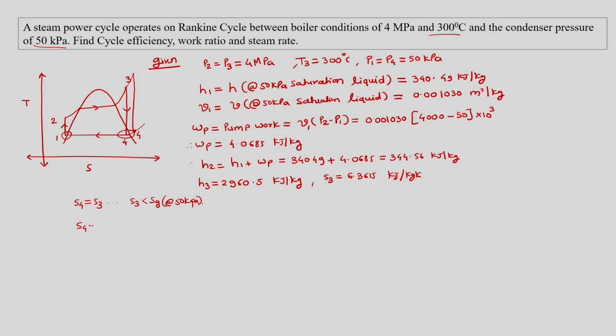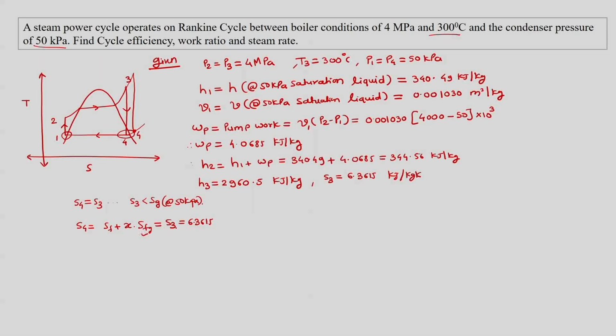S4 is equal to Sf plus X into Sfg, which is equal to S3, and S3 is 6.3615, and then we can know what Sf is and what Sfg is,